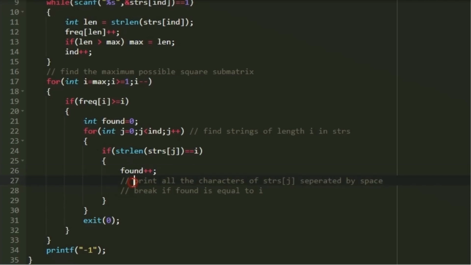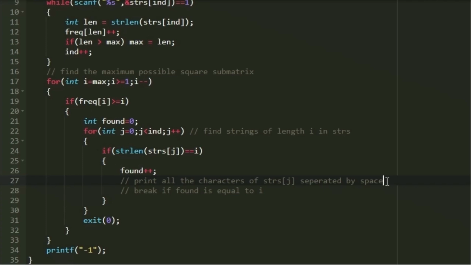To print the characters, we should not print them as such. We have to print them separated by a space. So let us create a k loop for printing the characters. The k loop should start from 0 and iterate till k is less than the string length of strs of j, so that it iterates through all the characters, and in every iteration of the k loop we print the character.